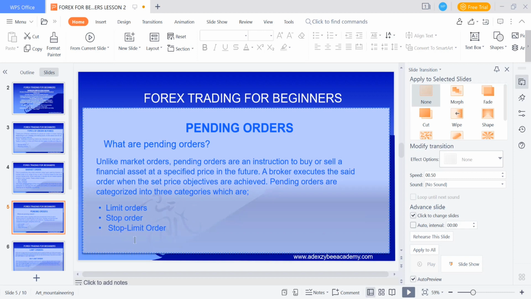Now, what are these types of pending orders? What do they signify? How do you apply them? We'll be taking them one after the other now. Okay. Now, if you are talking about limit order,